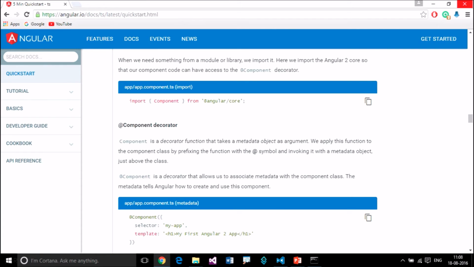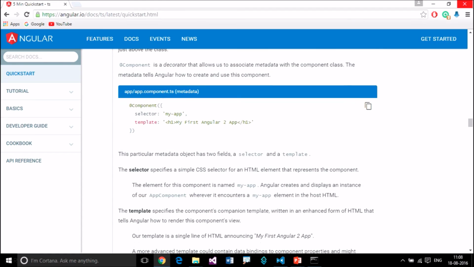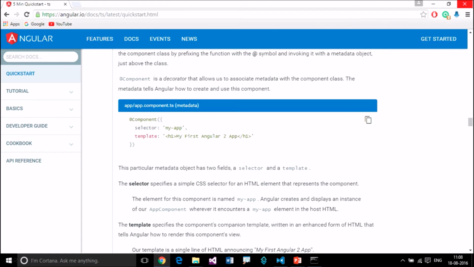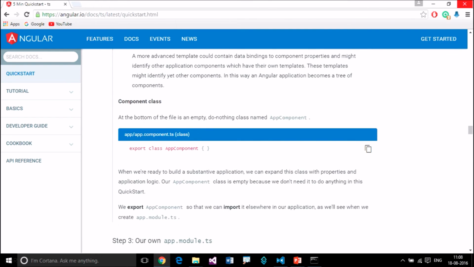So this is purely an import of this module. This is an attribute to enable our class as a component, so that we can use that component as my app. Okay? Because this is a selector. Then this is a simple class, the component class.